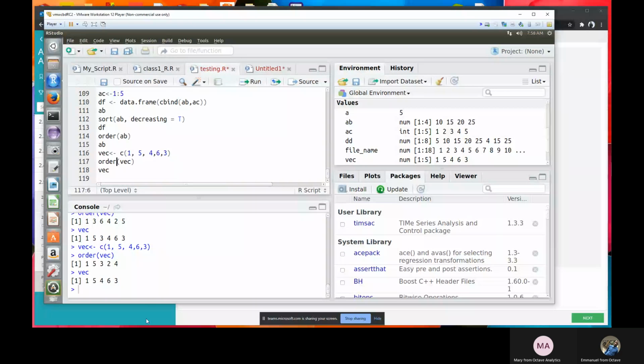If I'm using this order function, it's supposed to give me this index in ascending order. So it's at 1, okay, I believe 1 is 1. The next number I have is 3, and that's supposed to be 2. The next number is 4, and that's supposed to be 3, which is correct here. The next number is 5. So is this 6 and 3 interchanged in a way? This 6 is supposed to be the last order. And that's why I really don't understand.